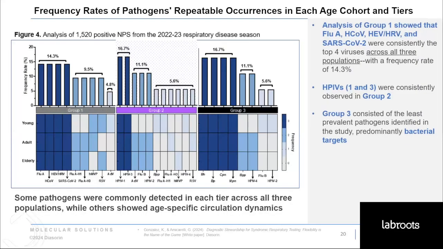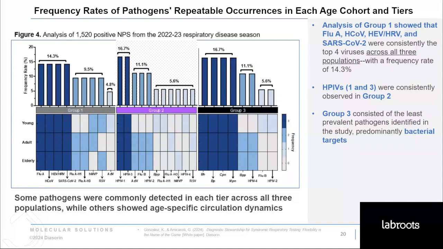Now, if the goal is to create user-defined custom panels, can we really identify targets that overlap across different age groups and then create universal panels to capture prevalent pathogens regardless of age? So we analyzed each target and determined the frequency and observable occurrences in all age groups in each prevalence tier. So what we found is some pathogens were commonly detected in each tier across all three populations, while others show